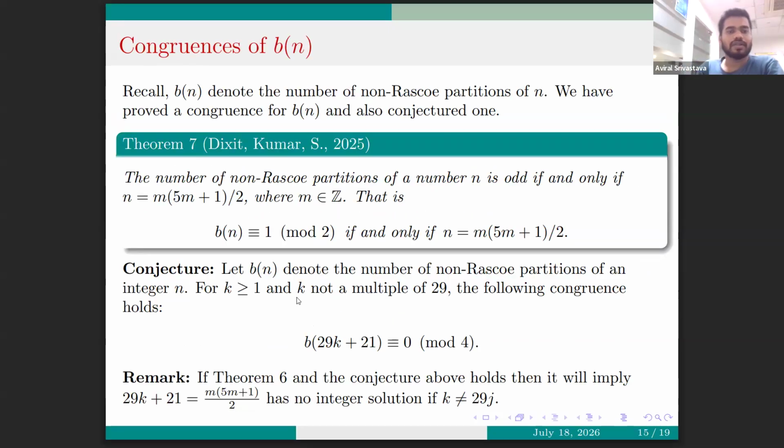Oh, wait, sorry, it's not theorem 6, it should be theorem 7. So if this theorem 7 and this conjecture hold true, then we have this remark. I'm sorry, this should be theorem 7. Now,